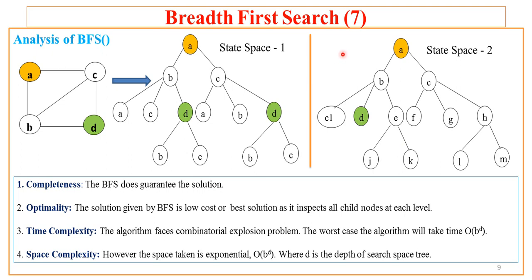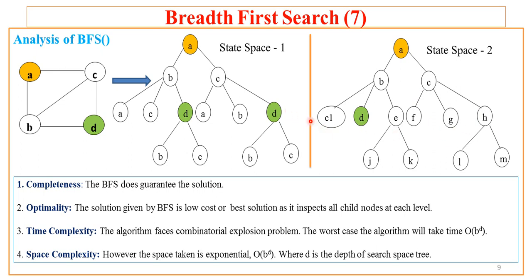What of BFS? Now BFS explores level wise. First it will explore all the nodes at level 1, so A will be explored. At the next level it is B and C, so it will explore first B and then C. Whatever nodes are the child nodes of B at the next level, as well as child nodes of C, those will form the next level of the tree.